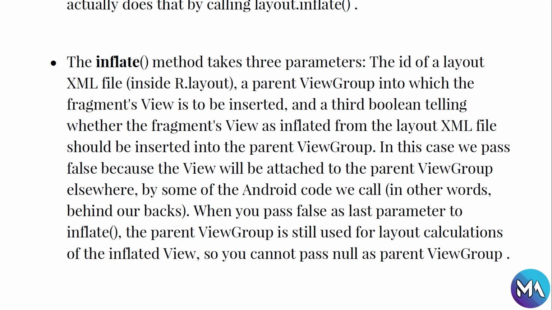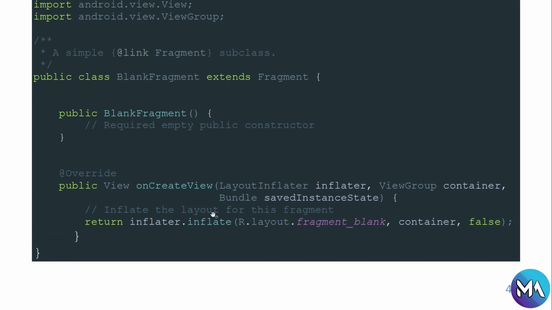When you pass false as the last parameter to inflate, the parent view group is still used for the layout calculations of the inflated view. So you cannot pass null as the parent view group. Back to it. So this is the false we are talking about. This is the container, and this is the layout for our